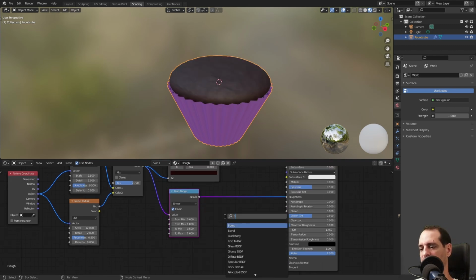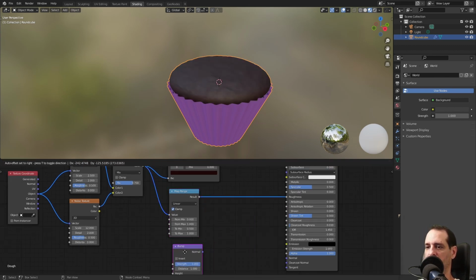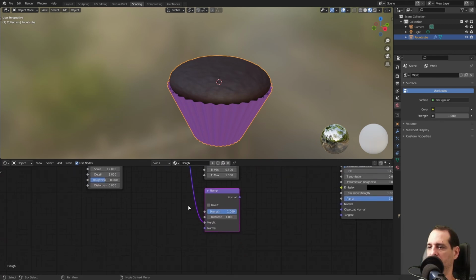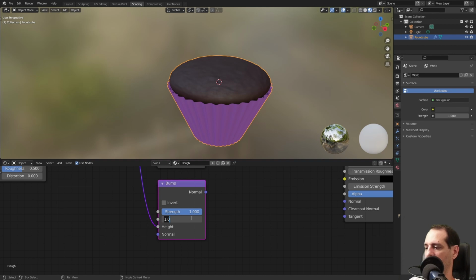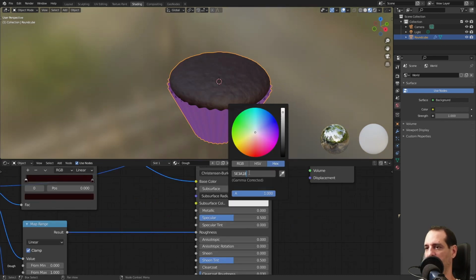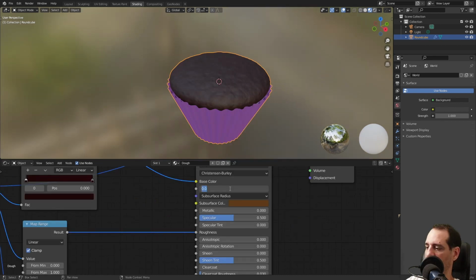And I will also use a bump. Connect this to the height. And I will change the value to 0.03 and plug it to the normal. Add here this value. Subsurface of maybe